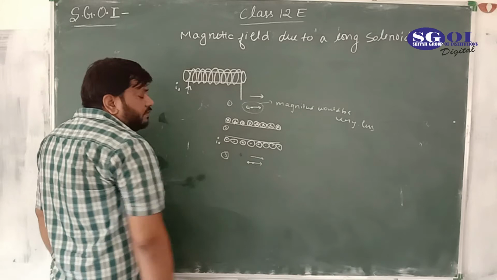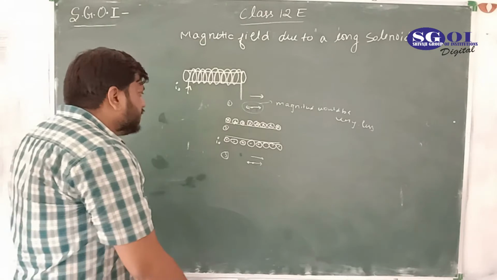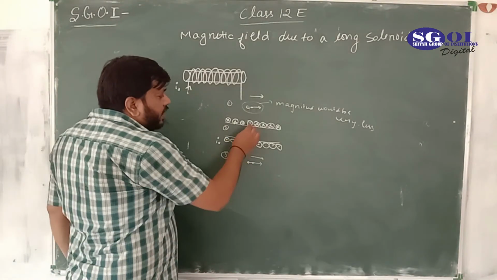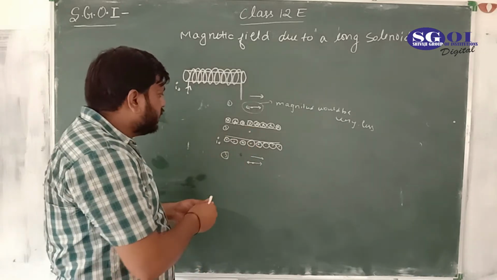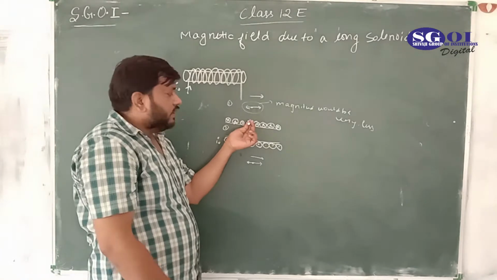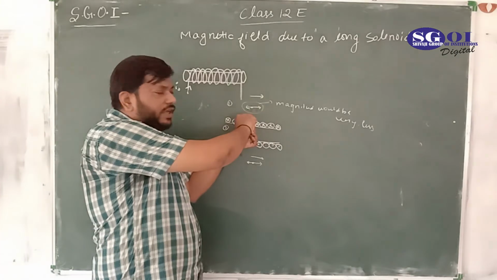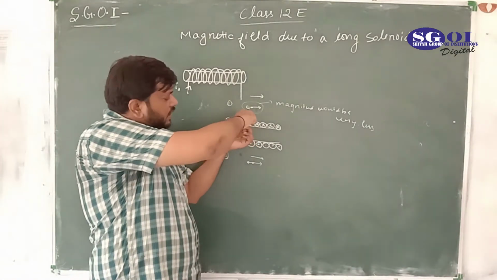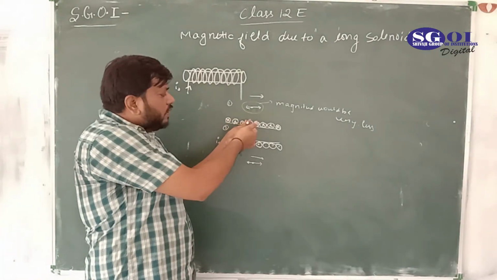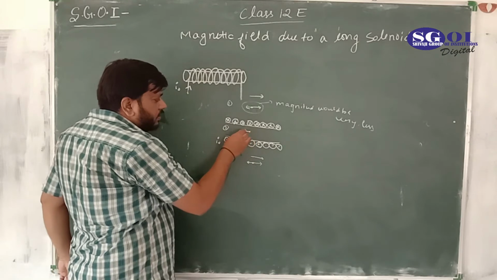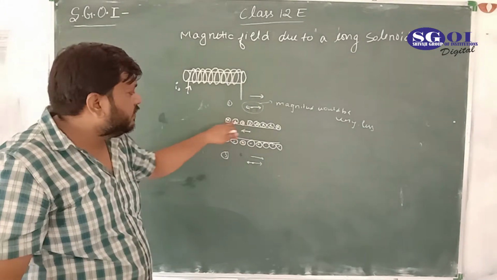Finally, inside the region of the solenoid, what is the magnitude and what is the direction of the magnetic field? Because of this magnetic field, place the screw like this and see the lower part. When we move the screw here like this, because this is inward, we would move the screw inward, and the lower part you can see moving in this direction. So this is the direction of the magnetic field because of these elements.